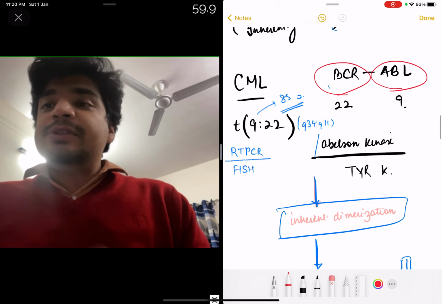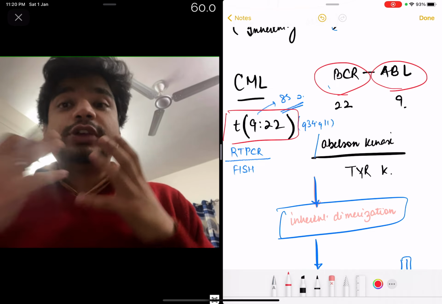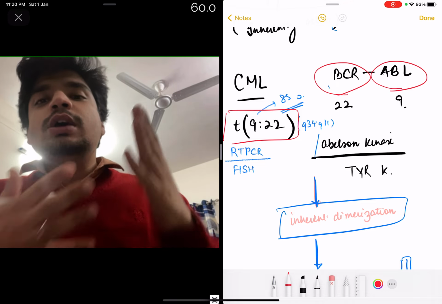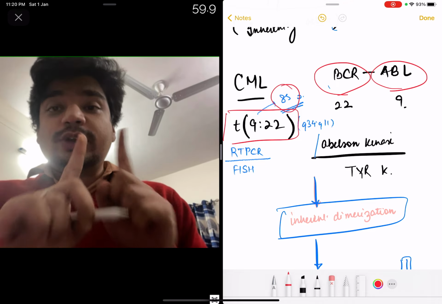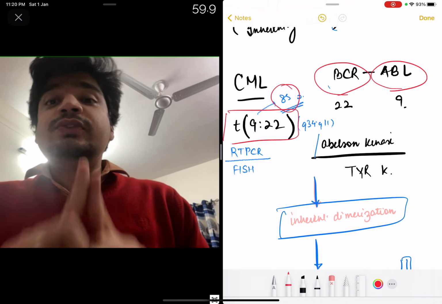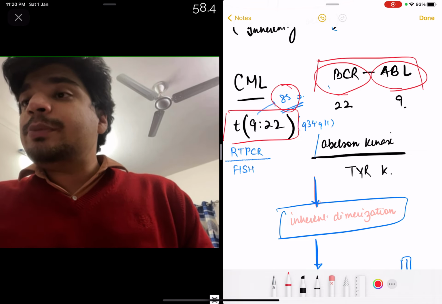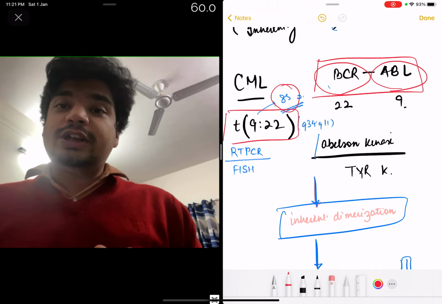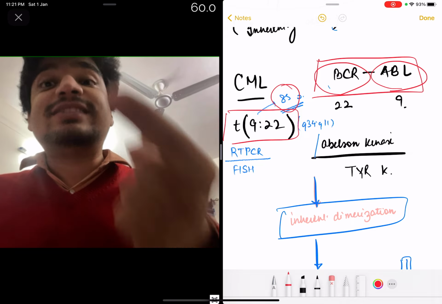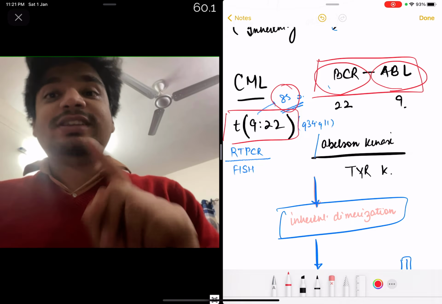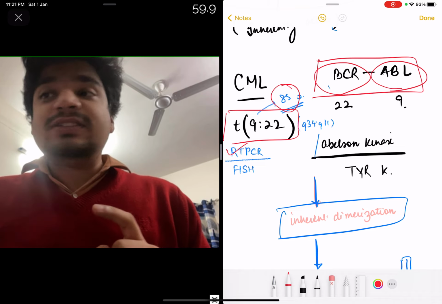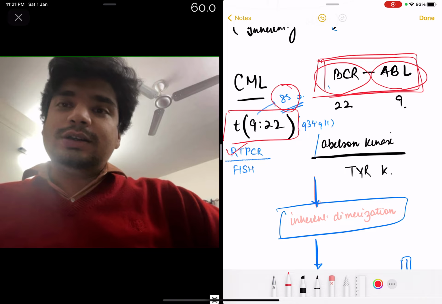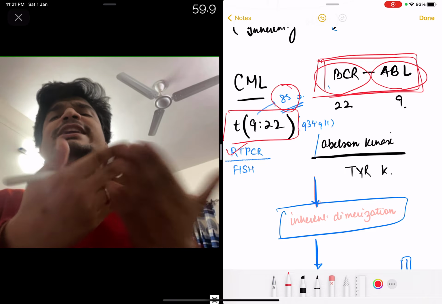What happens is this translocation 9;22 should be visible in the karyotype. So in order to diagnose CML, in 85% of the cases this translocation will be present. But in 15% of the cases, only the gene formation will be present, and the translocation might not be visible in the karyotype or cytogenetics. In such a scenario, a method that is both more sensitive and more specific is either RT-PCR, which detects this gene, or FISH, which detects this specific translocation,